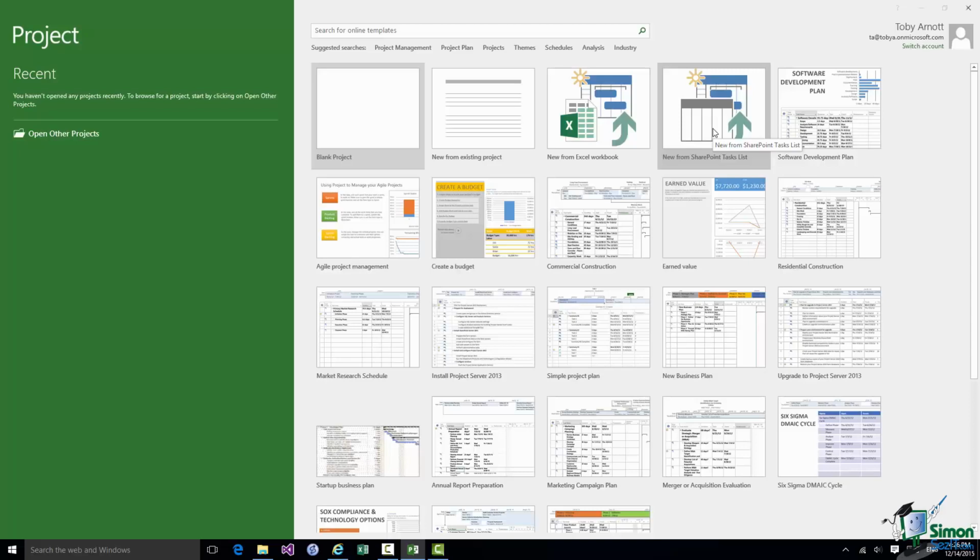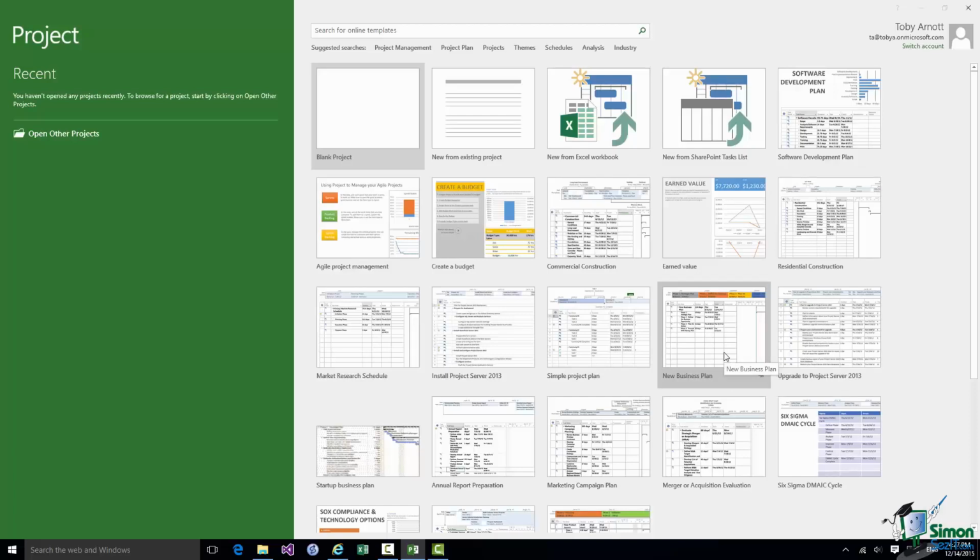Now the other thumbnails all correspond to different standard project templates. So if I were working on a software development project, I could use the first template there, Software Development Plan, and it would get me started on a typical set of tasks as a starting point for a software development project. Now you'll see a whole list of these templates. These templates you may think of in the older terminology as boilerplates, but nowadays we generally call them templates. And there are many there, so residential construction is there, for example. New business plan is another one.